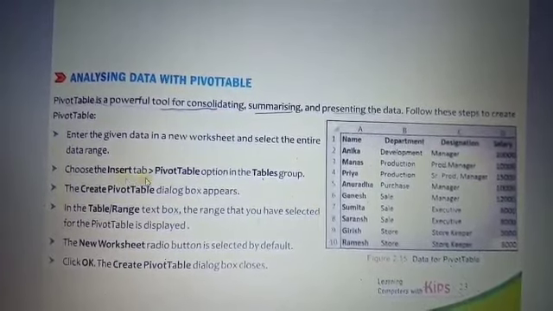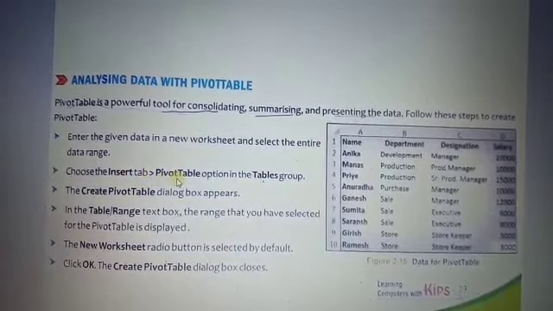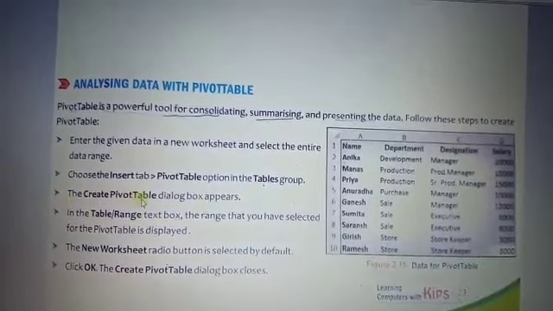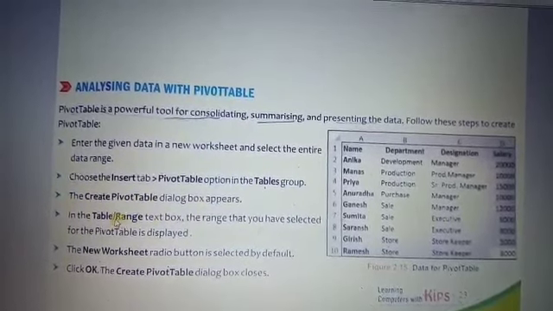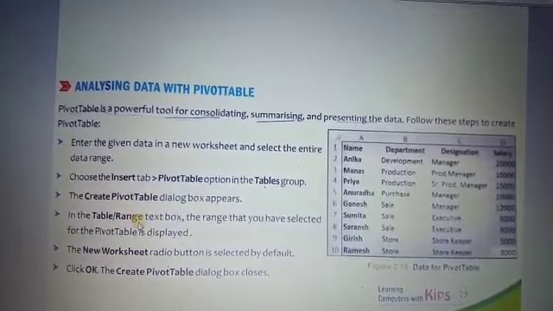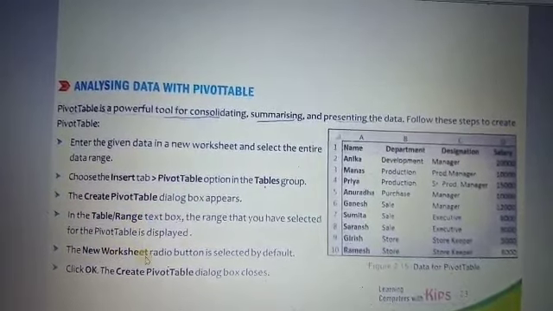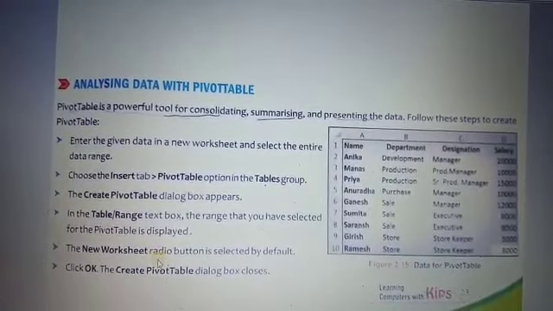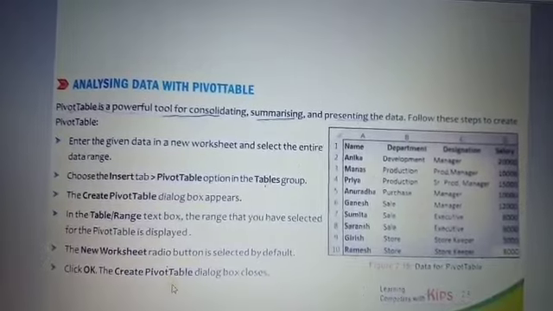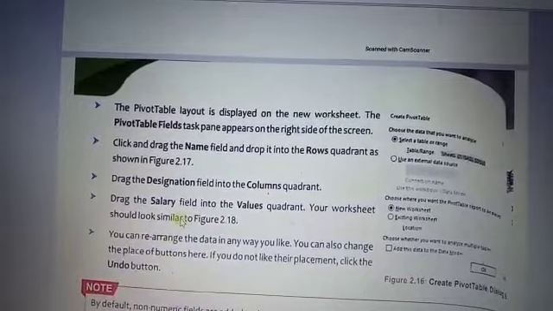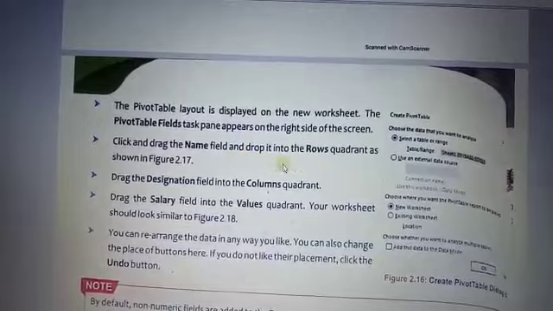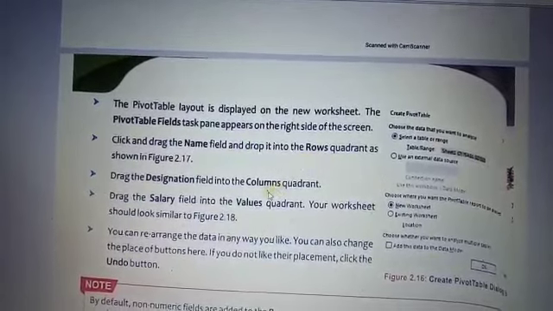How do we use the pivot table? You go to the Insert tab and there is the pivot table option under the Tables group. Then you click on the Create Pivot Table option. At first we have to select the range. A new worksheet will be added in your Excel sheet that shows the pivot table dialog box. After that you select the different kinds of pivot table fields from the task pane, and you drop them onto the row and the column areas.